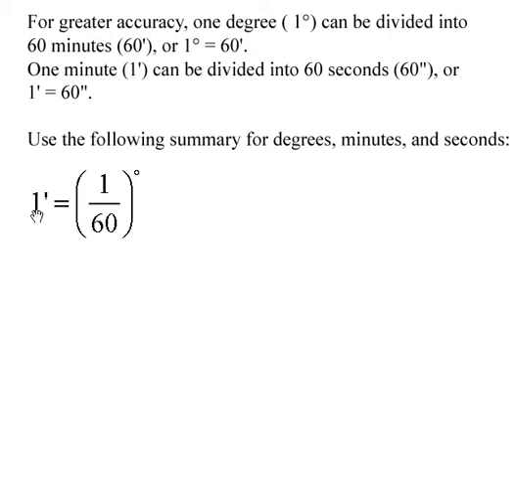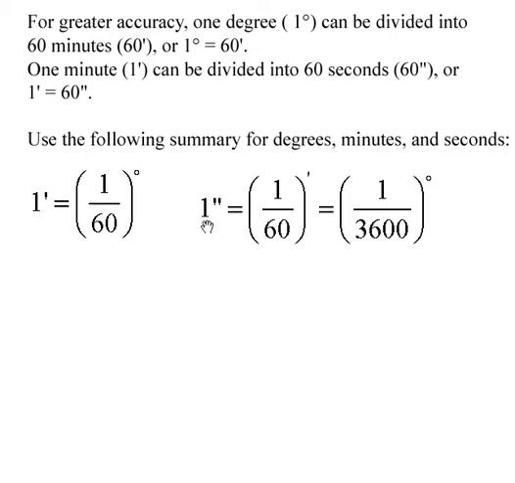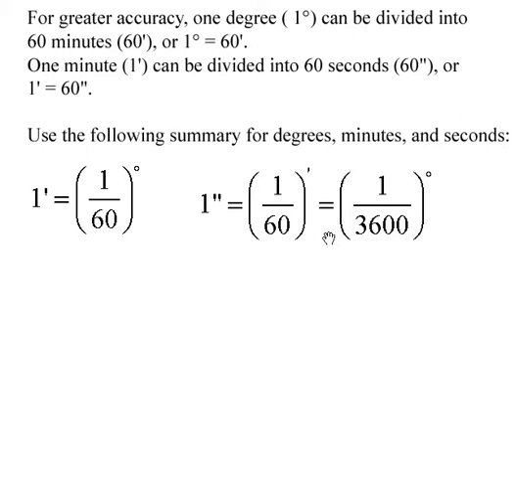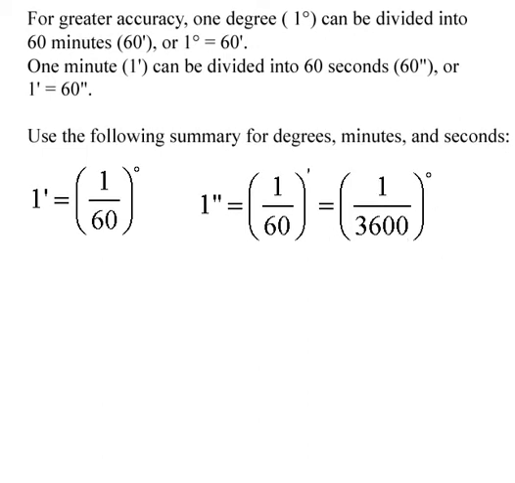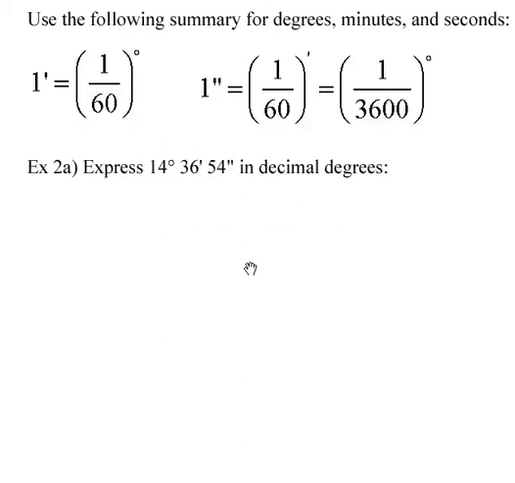So remember that 1 minute, and I know that looks like the foot symbol, the single apostrophe there, but in this case that means 1 minute. That's 1/60th of a degree. And 1 second, I know that looks like the inch symbol, but we also use it for seconds, is the same as 1/60th of a minute, or is the same as 1/3600th of a degree. So with that in mind, we're going to try to convert back and forth between degrees,